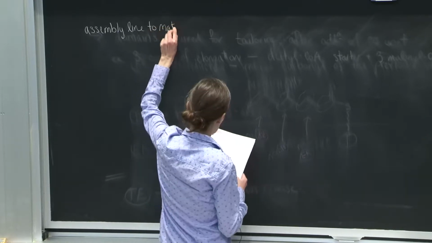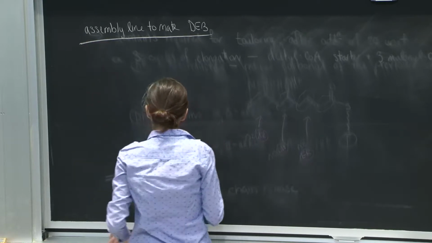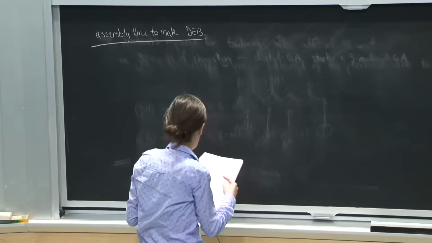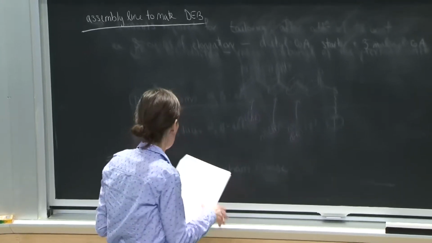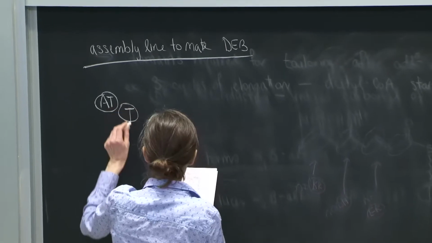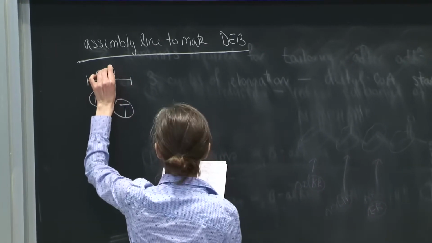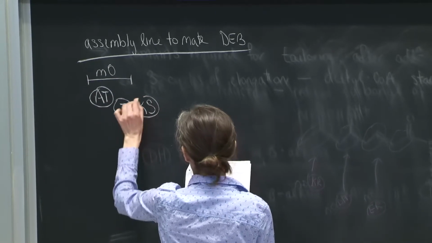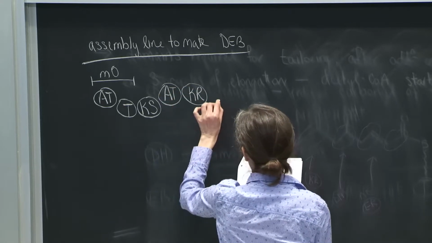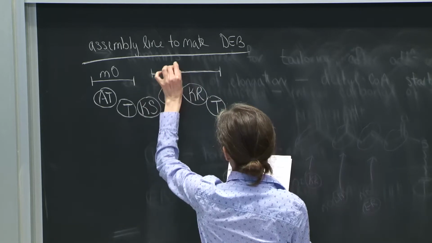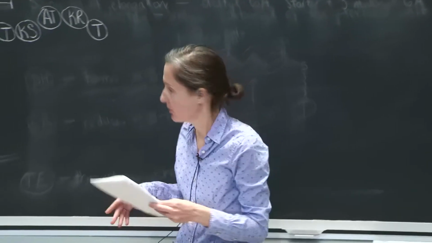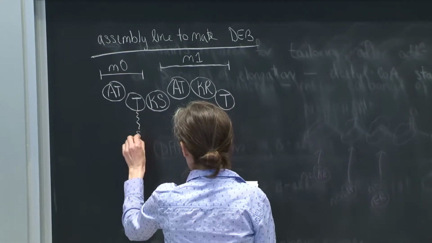Okay, to make DEB, we're just going to go over the loading module and module 1 and look at a Claisen condensation catalyzed by the KS. And this chemistry pertains to the various other modules and other PKSs. So we have our AT domain and our thiolation domain of module 0. And then we have the ketosynthase, the AT domain, the ketoreductase, and the T domain of module 1. Okay, I'm drawing these a little up and down just to make it easier to show the chemistry. So sometimes you see them straight, sometimes moved around, but it's all the same. So we have these PPANT arms on